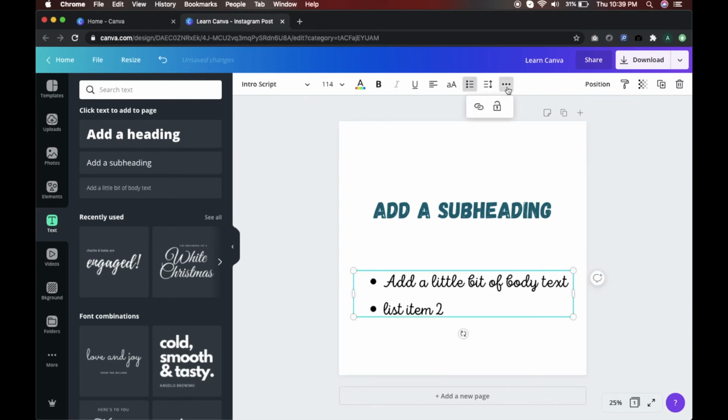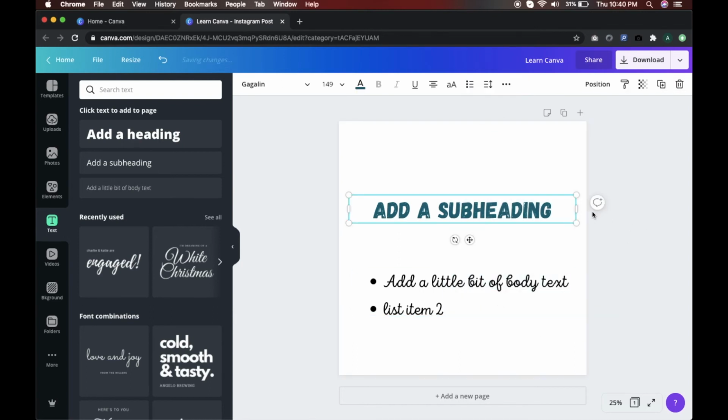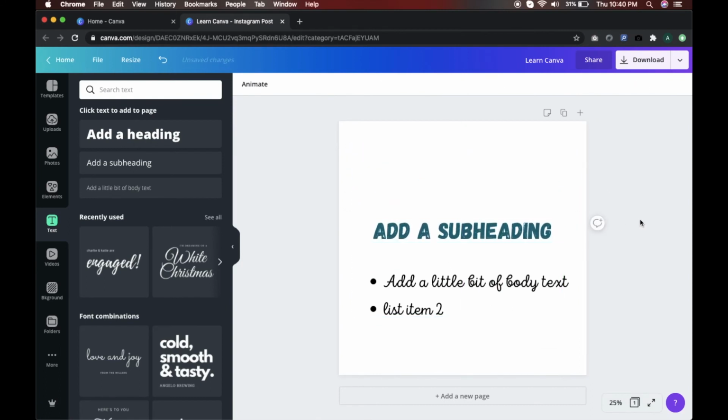Next, we have certain options related to locking. So if you lock anything on the screen, it becomes non-movable. You cannot move it until you unlock it again. So this is useful if you're working on different kinds of elements, and there are a lot of them, and choosing one is difficult. So you lock certain ones that you don't want to move, and they won't move at all. And if you just select this, only this will get selected because this one is locked. So you can easily select other stuff and move it, and if you need to move it again, you unlock it.